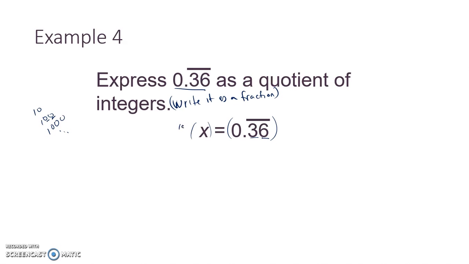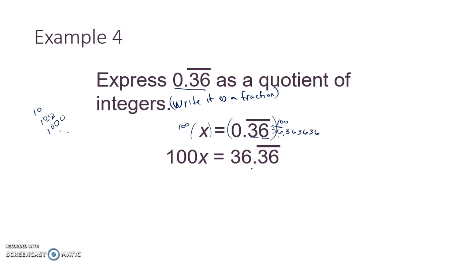So we're going to multiply this side by 100, and we're going to multiply this side by 100. So it'll look like 100x equals 36.36. Remember, when we multiply by 100, we're just moving our decimal, and remember, this is repeating, so there'd be 3 6s going on forever here. So when we move our decimal 2 places, we end up with 36 and 36 repeating, which we have here,